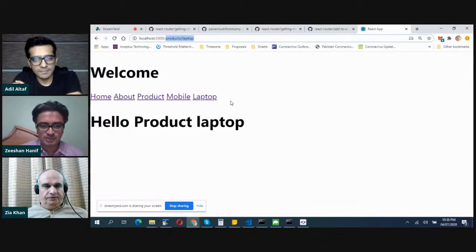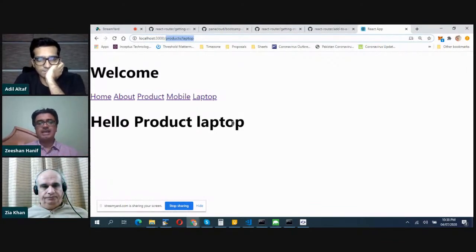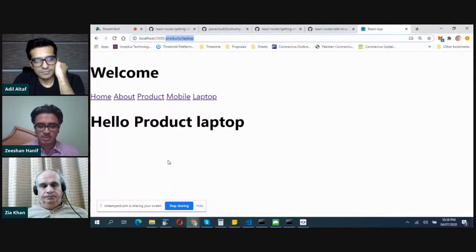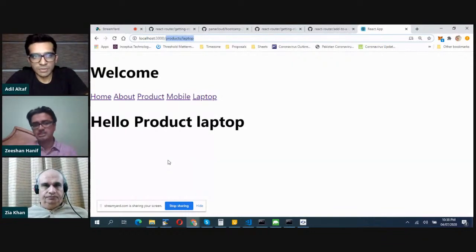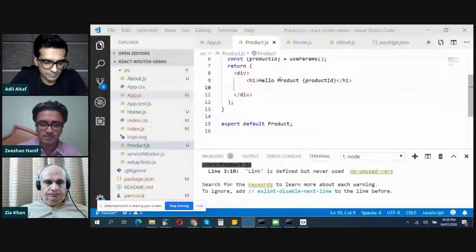Now what we need to do is display information in a nested route, so that we can have a component which displays information at the parent level and shifts the UI for a particular product. Let's say we have two sections of a page. One displays the information that we have a lot of products, and when you click on a particular link, it displays a specific product. So what we can do is